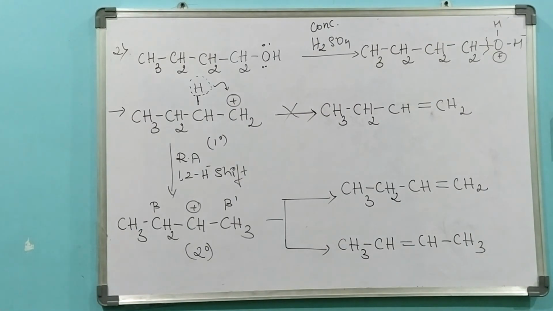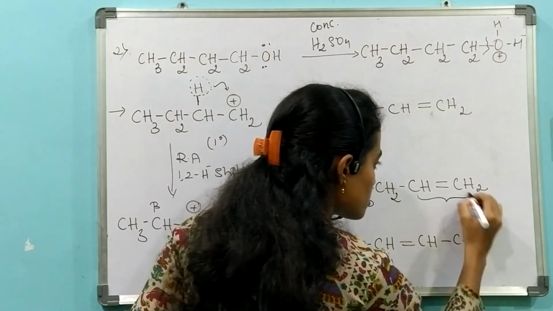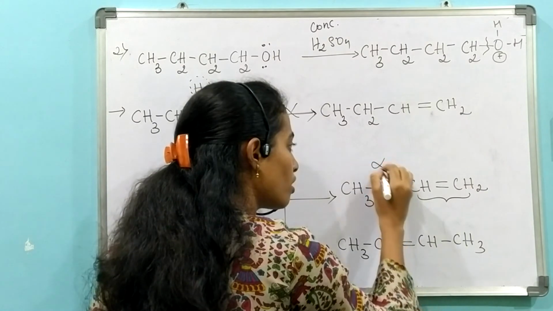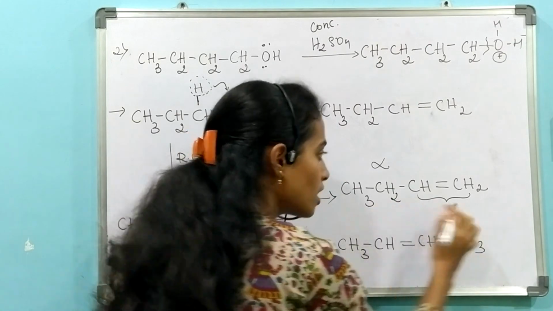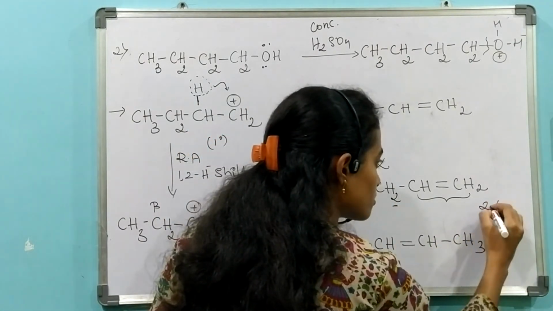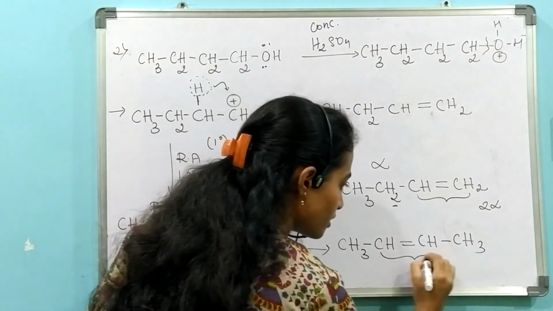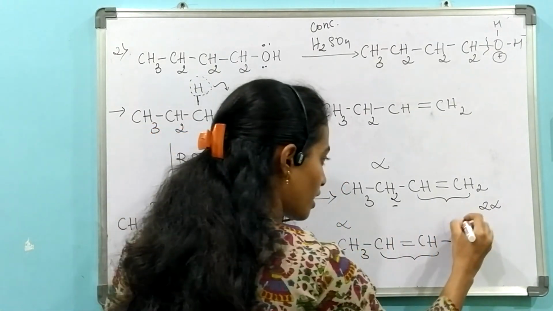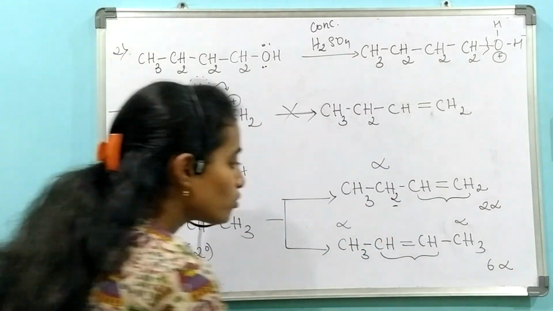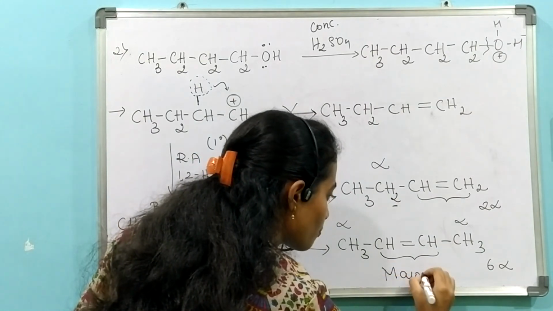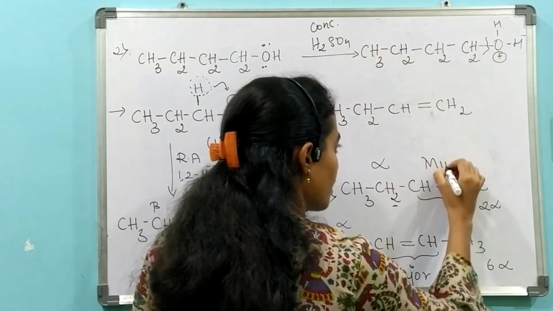Now decide which is the stable alkene formed. Which rule are you going to apply here again? Again, the Saytzeff rule. What does the Saytzeff rule say? The alkene formed will be more stable when it has more alpha hydrogens. Here I have only one alpha carbon, therefore I have only two alpha hydrogens. Here, if this is my alkene formed, I have 2 alpha carbons, 3 plus 3, so 6 alpha hydrogens. So, according to the Saytzeff rule, this is the major product formed and this will be the minor product.